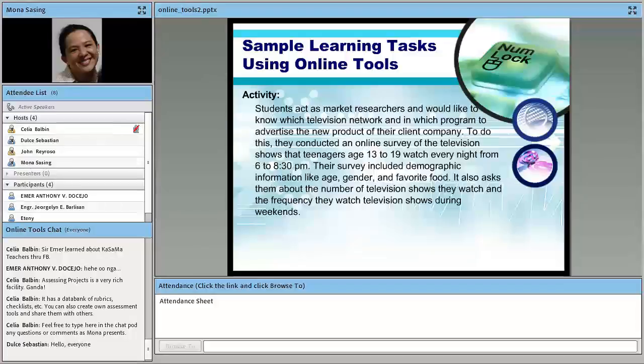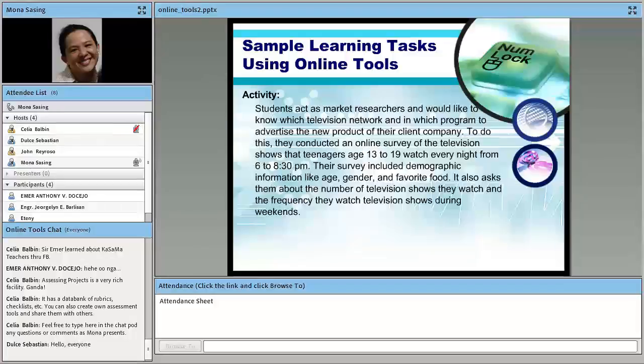Their survey also included demographic information like age, gender, and even favorite food. The activity will also ask students to survey the number of television shows that these teenagers watch and the frequency that they watch these shows during weekends.